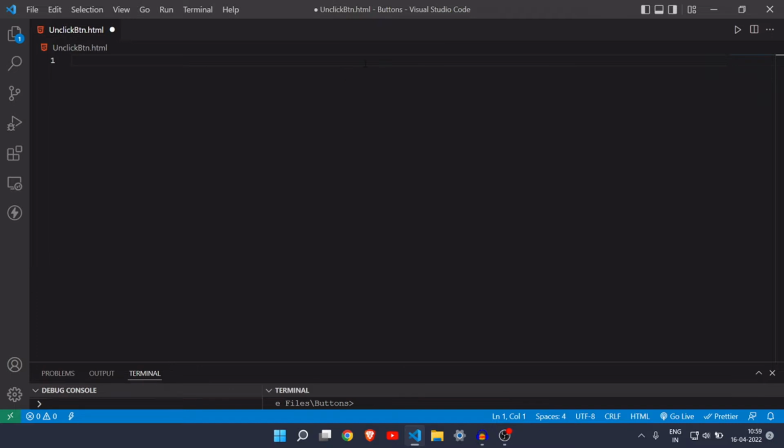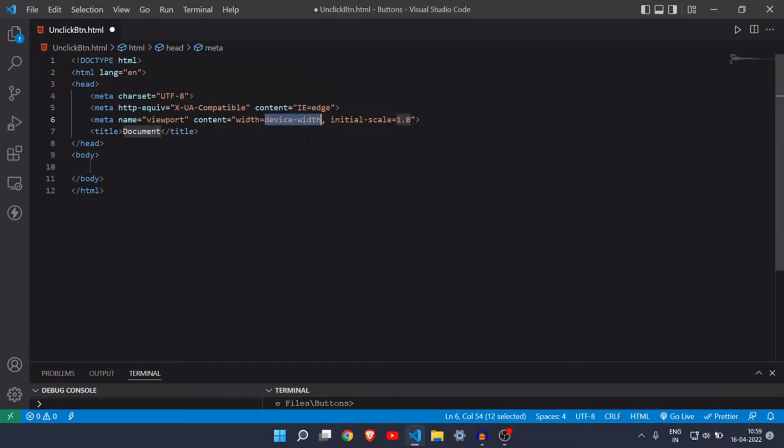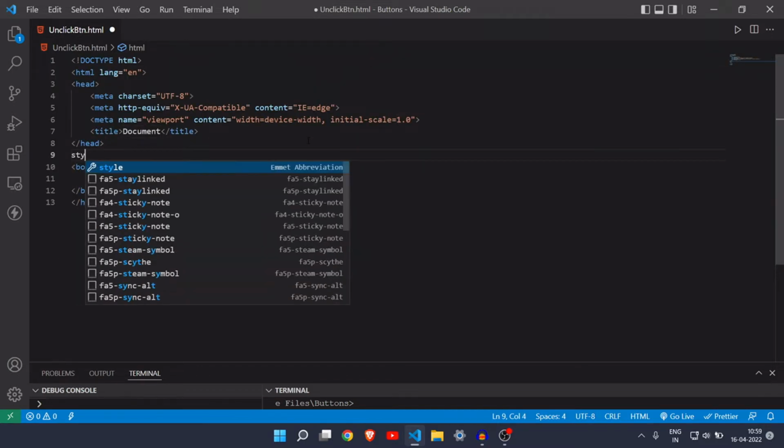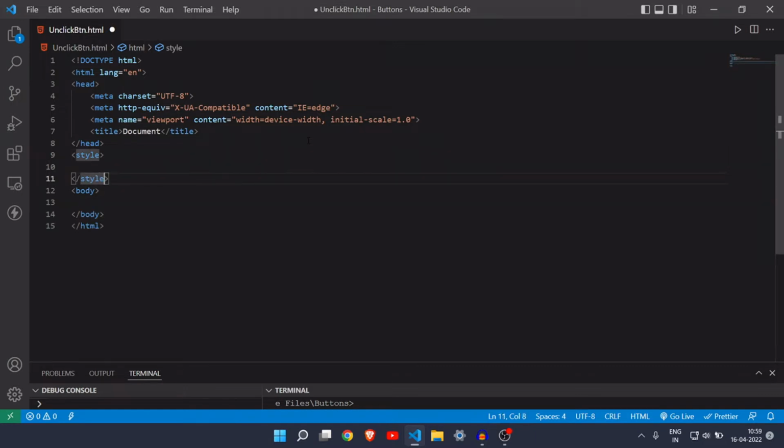First of all, as always, we will add a boilerplate. Then I will add a style tag and also a script tag. There is not much HTML and CSS. The main focus will be on JavaScript only. So in body